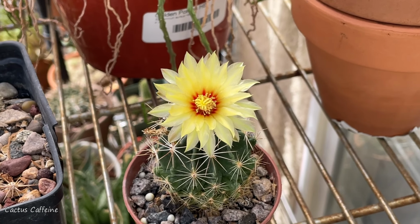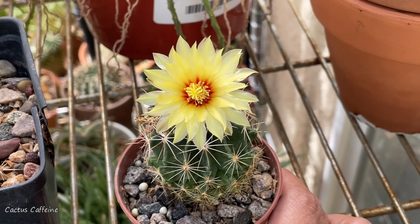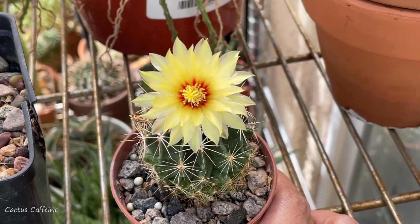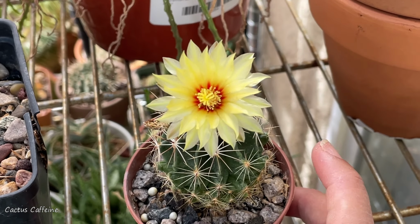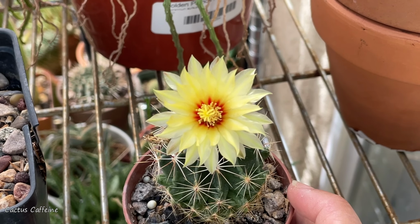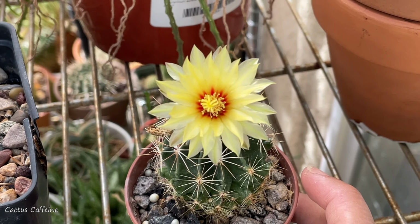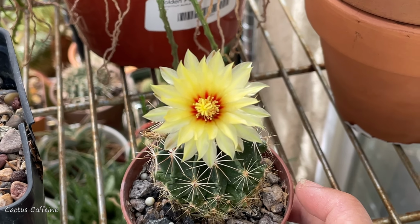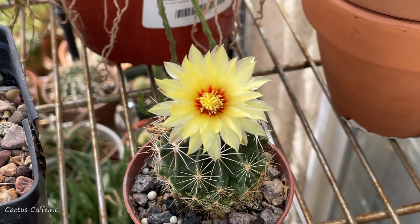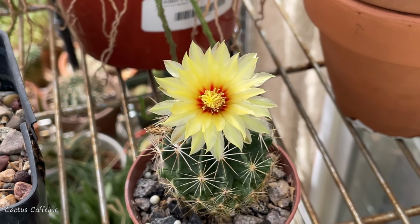This is a Thelocactus setispinus, and it is flowering for the first time. So I grew this from seed. It is now 3 years old. The mother plant of this died, unfortunately, but fortunately it was able to produce a fruit, and I was able to sow the seeds, and I have several of these growing, and this flowered for the first time after 3